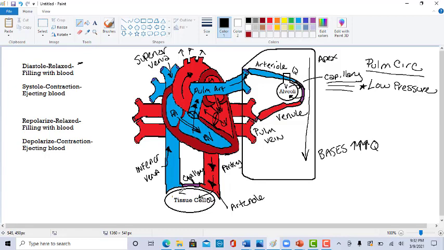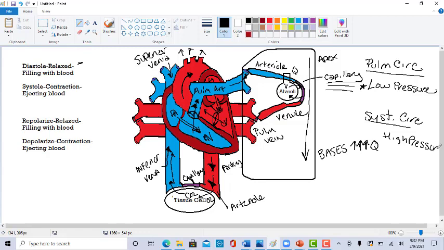It's going to pick up CO2, and we know how. This is the Bohr effect out at the tissues. It's picked up the CO2. This blood has now deoxygenated, and it's going to go back to the heart and start the process all over again. So your systemic circulation, and we'll put that over here, systemic circulation is high pressure